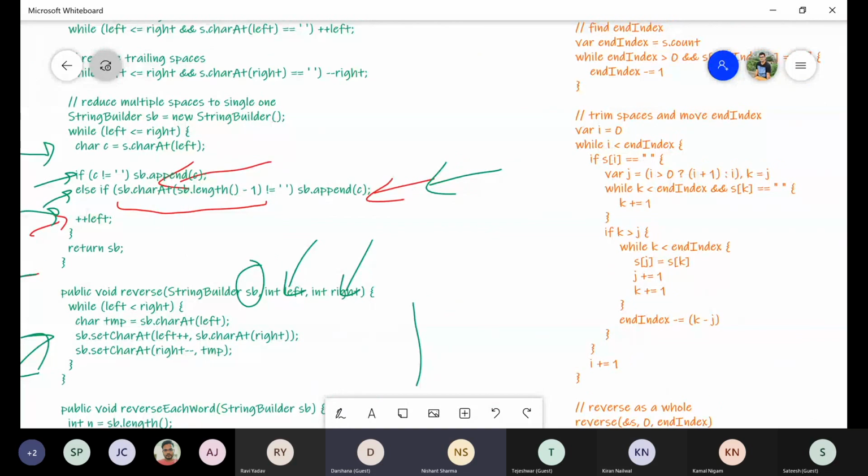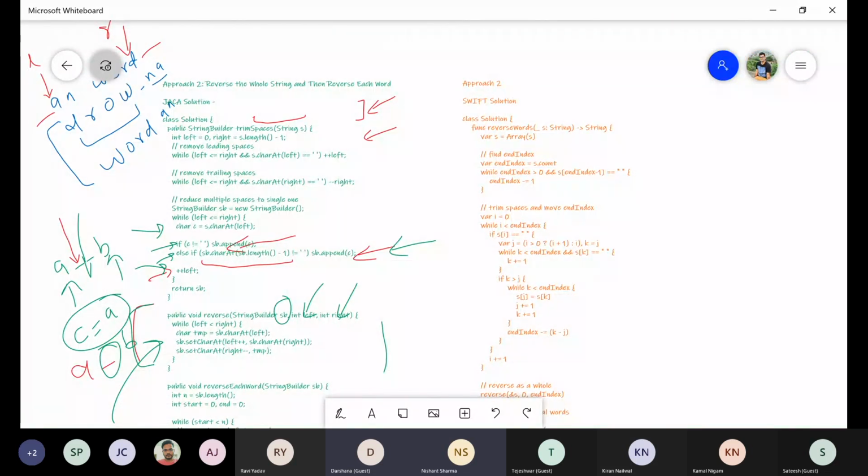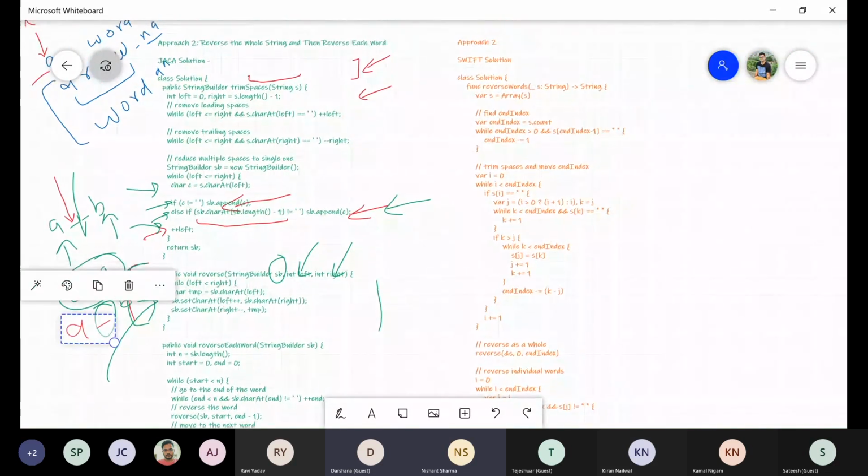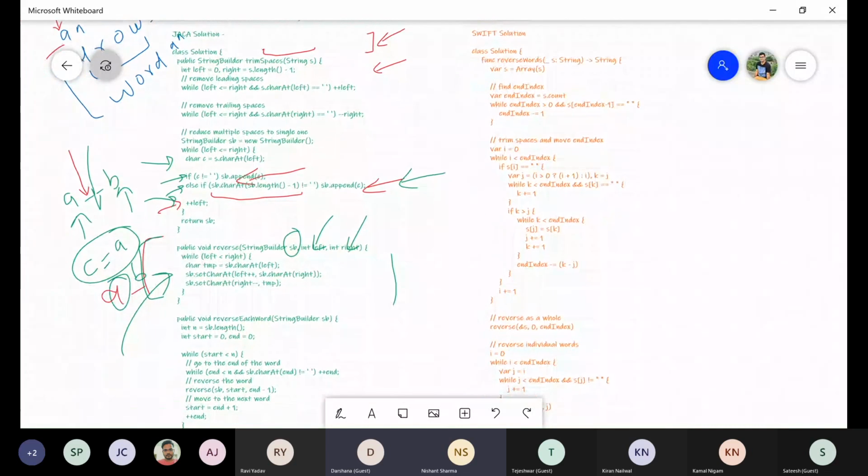Now the similar solution for Swift, and I don't think I need to go through the Swift solution now, because I hope everyone is clear with the logical part. The language could be anything, but the logical part remains the same. So in Swift, I will just give a fast overview. First we convert our string into an array so that we can directly access through the array indexes.